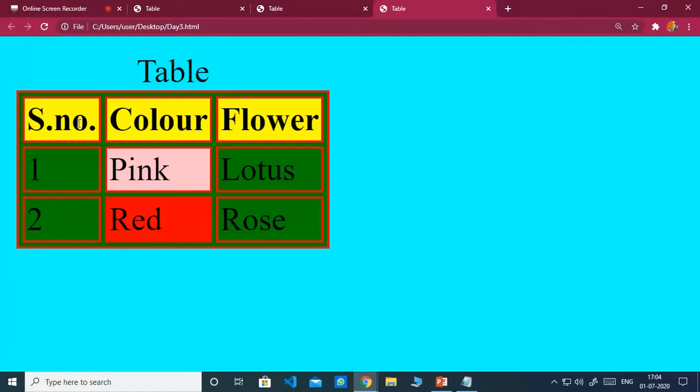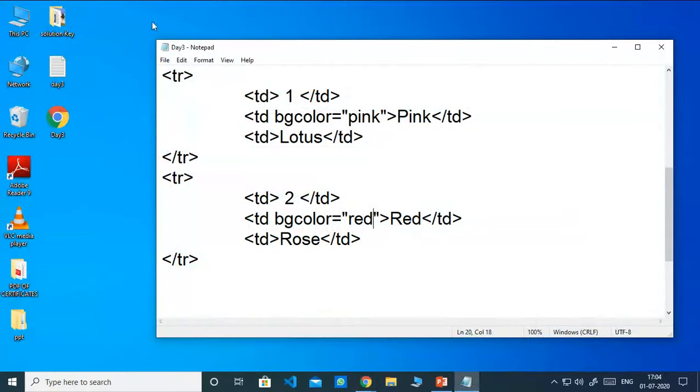When you use BG color with TR, table row, then the entire single row will be colored. When you use it with data TD, then the particular cell will be colored. So this way, try this coding and do your practical.